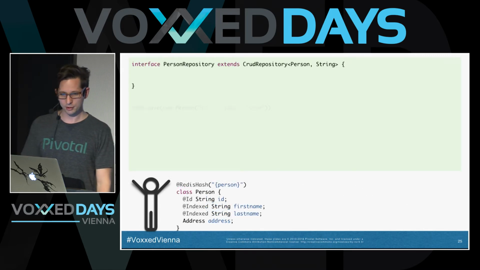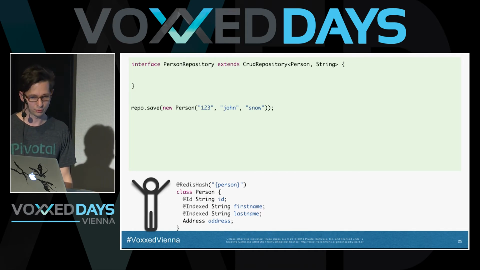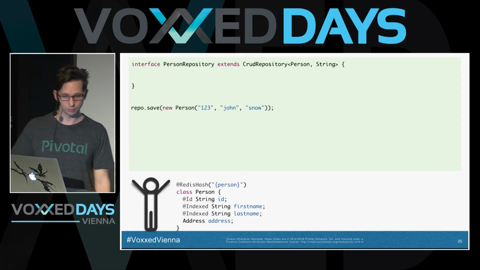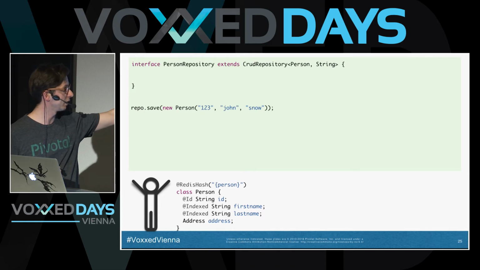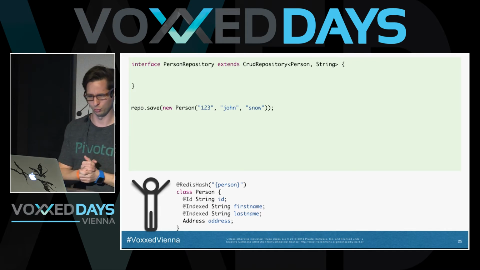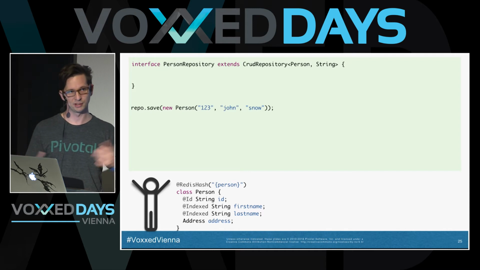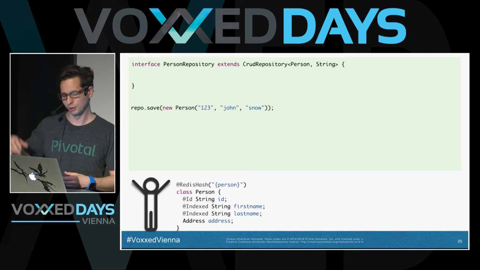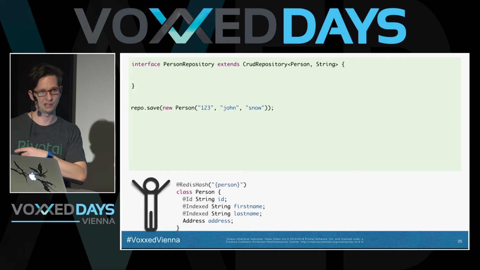And with Spring Data Redis, we support that by using the Redis repositories. So we've got a CRUD repository, and we can just add an annotation down there. We just add Indexed to first name and Indexed to last name. You can set this up programmatically, but for slides, it's better to have those annotations. This will basically tell the Spring Data Redis implementation to create an index for those properties. It also works on nested properties, so you could put something into address and address city, and it would get indexed